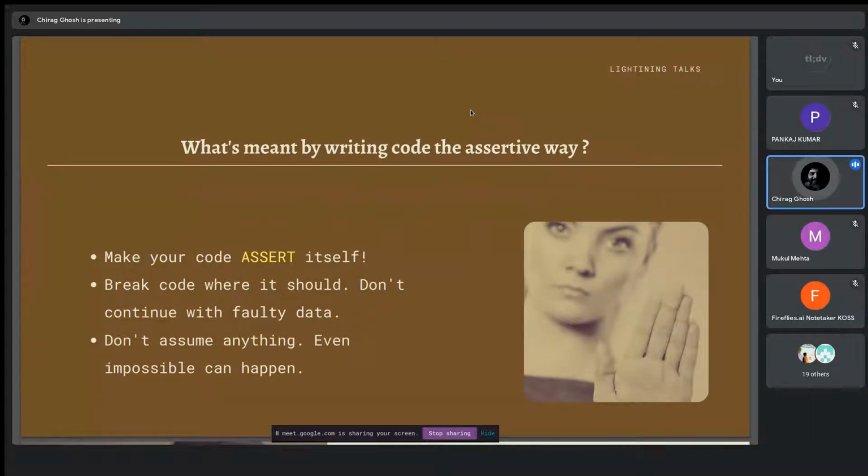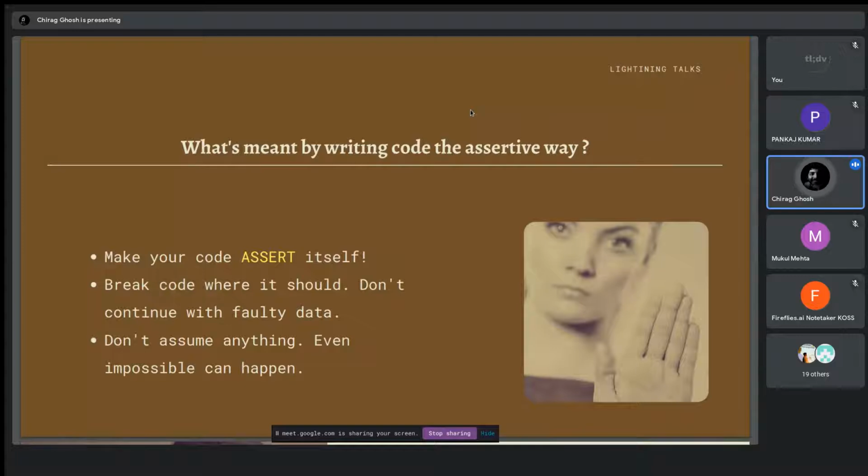Also, another aspect of assertive programming is that assertions are used to find conditions where something happens which we never thought would happen. We assume sometimes that suppose there is a function, there are two types of variables coming. Those variables will have certain ranges or data types. We sometimes just assume them, but they may not hold. Also, sometimes our assumptions look like they should happen, but they don't happen.